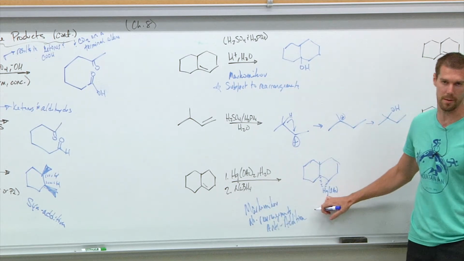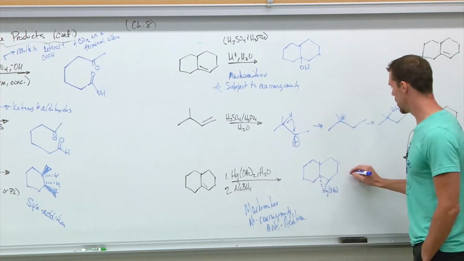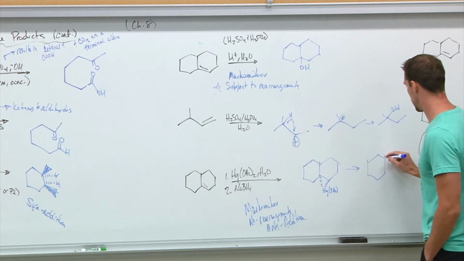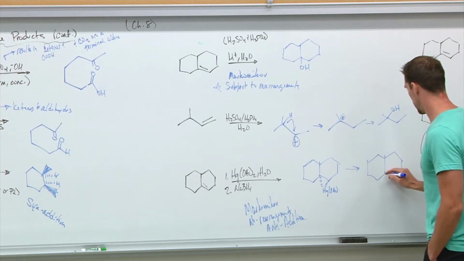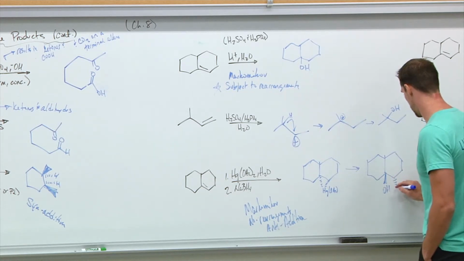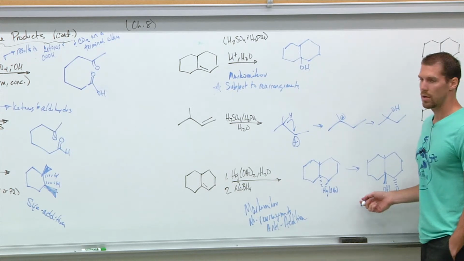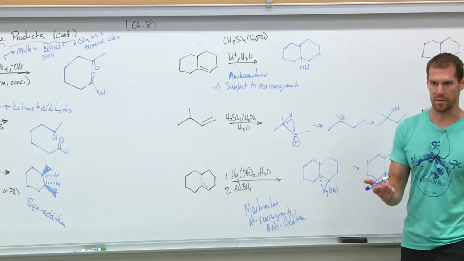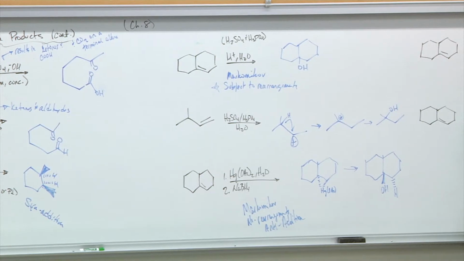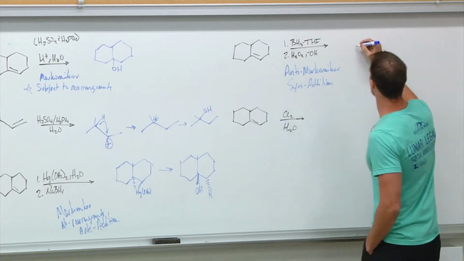So you replace this mercury with a hydrogen. So you end up with, we'll just say OH. Anti-addition, Markovnikov. Here's the other one. This is anti-Markovnikov and syn addition. So this gets us